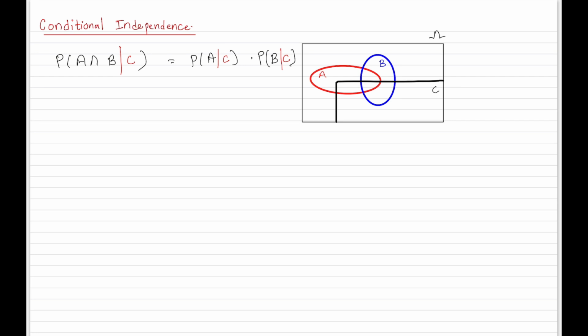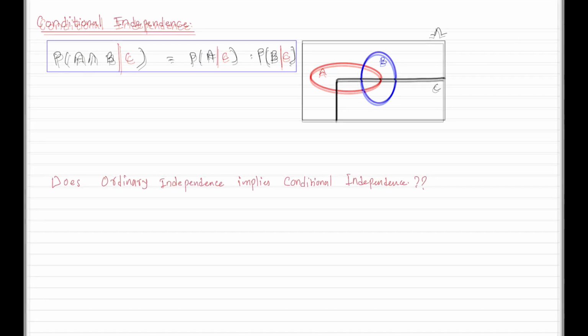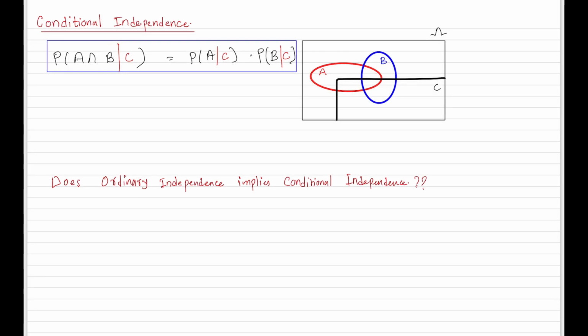If I frame this question, what we are asking is: does ordinary independence imply conditional independence? That means if I say A and B are independent,